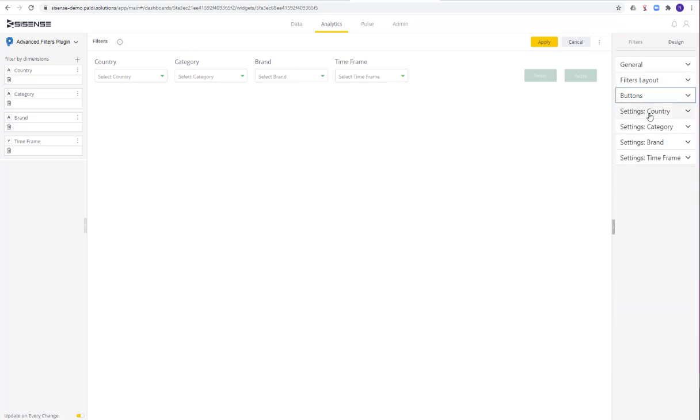Now let's go to the more interesting part. For each one of the panels, you will have a settings panel. You can define which placeholder you'd like to be plotted. And you can decide whether it's a single selection or multi-selection. So this is how it is with the multi-selection. If I switch it to single selection,